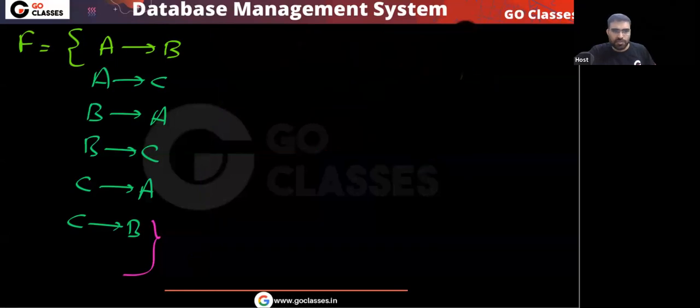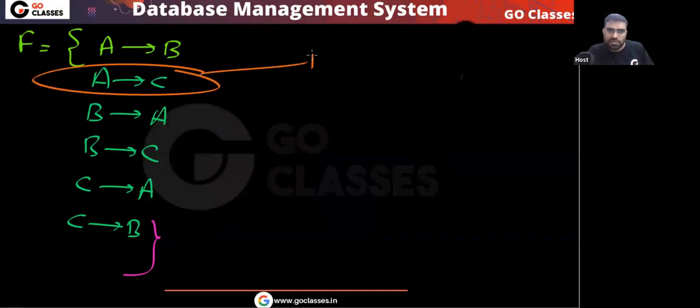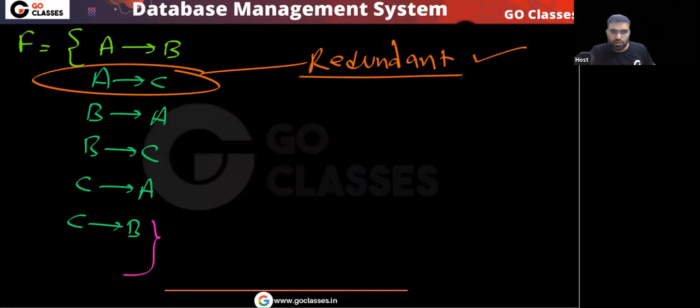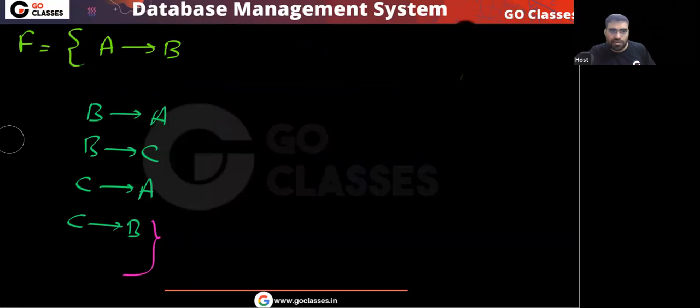Yes, I can do it in some other, different order. For example, let me start by removing this. This is redundant. Agree? So first I will remove this. Then what I can do,